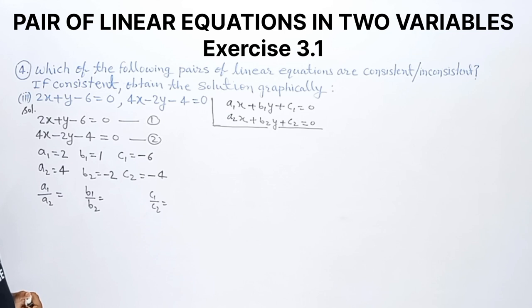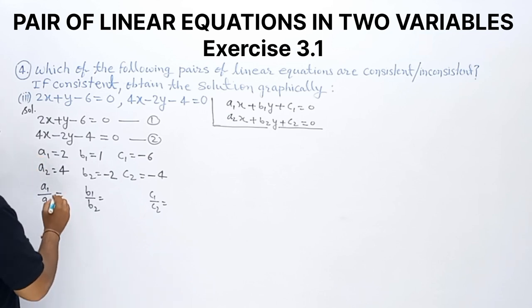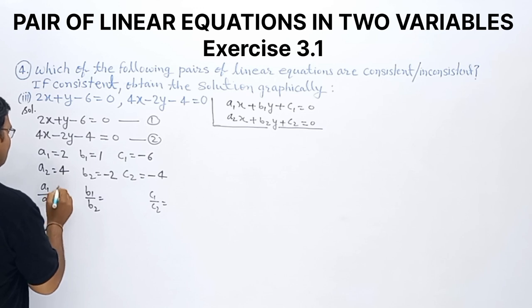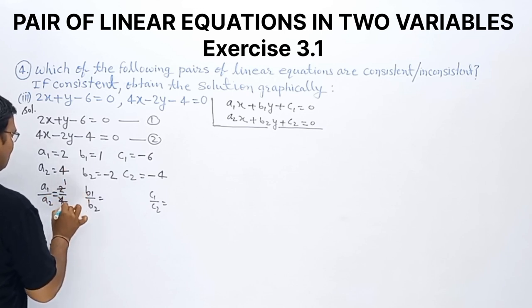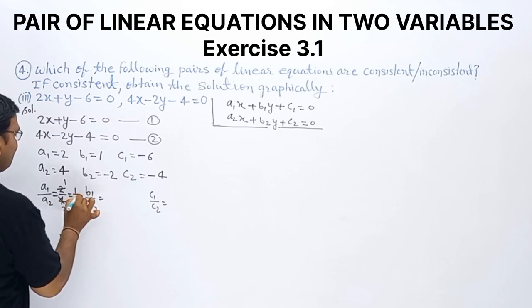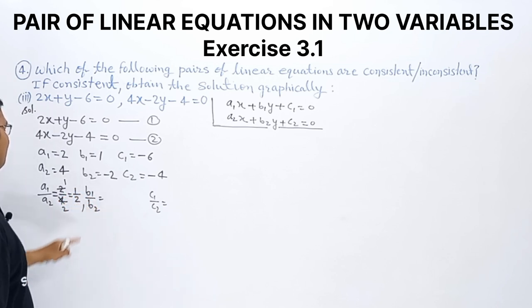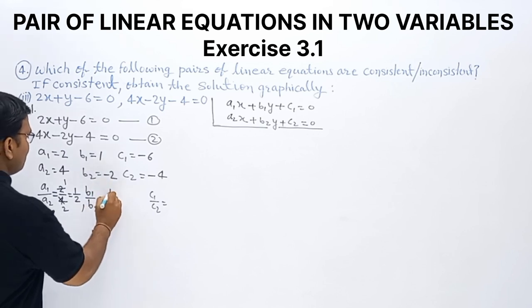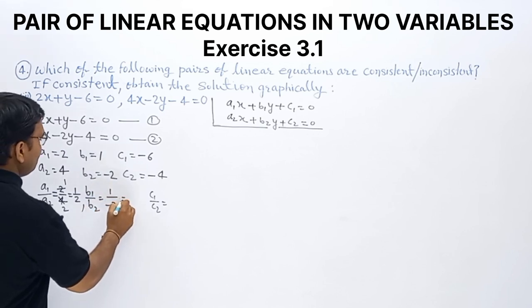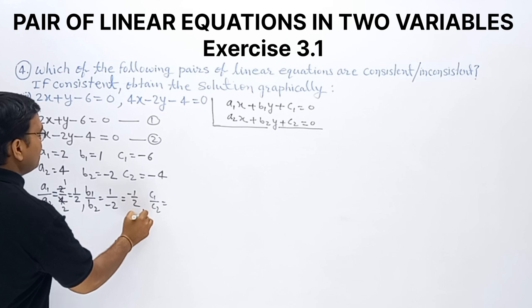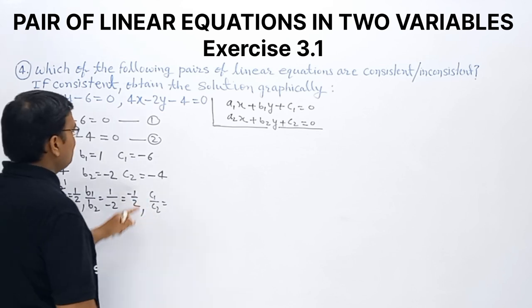So first we should find the ratios. a1 upon a2 is 2 upon 4. Once we simplify, 1 time 2, we get the ratio 1 by 2. Now what about b1 upon b2? b1 is 1 and b2 is minus 2, so the ratio will be 1 upon minus 2. This can be written as minus 1 by 2. Now finally c1 upon c2 is